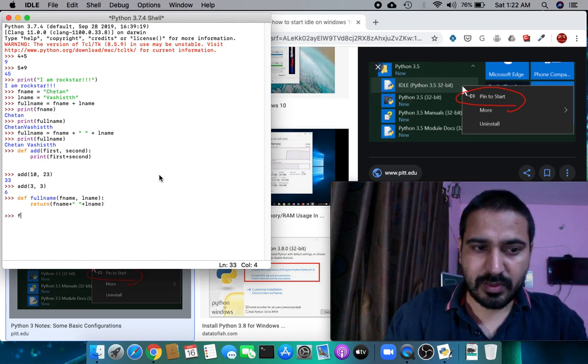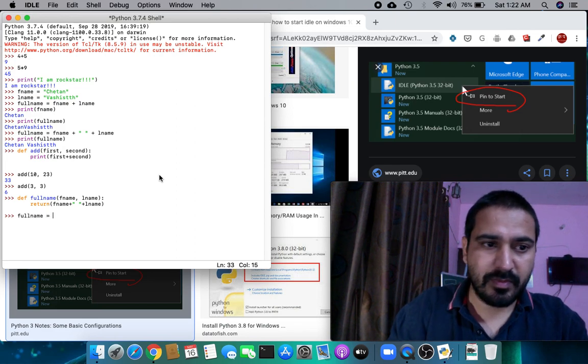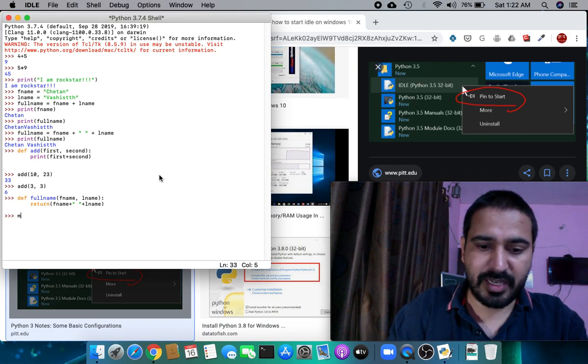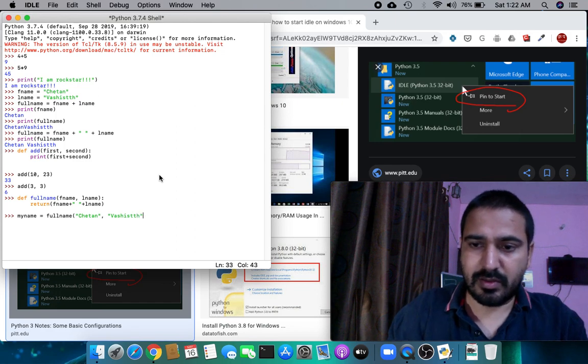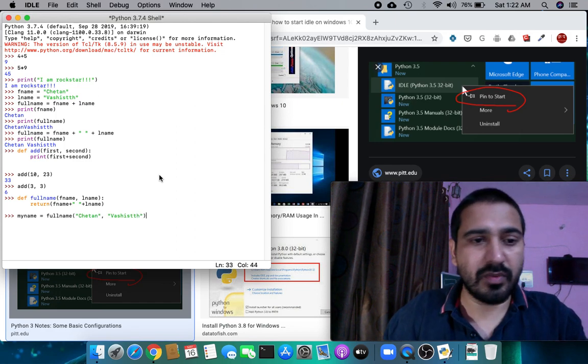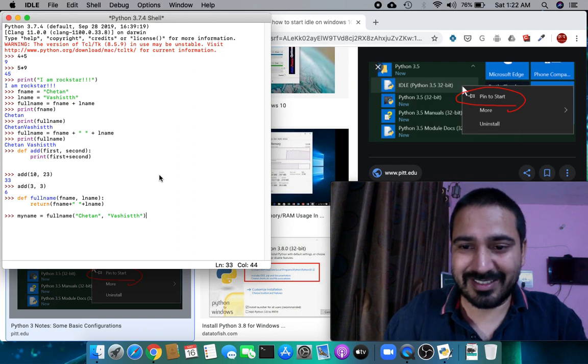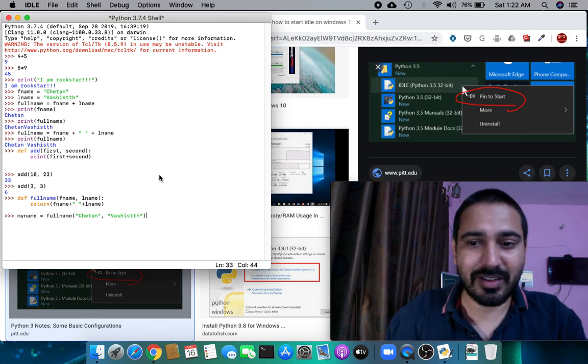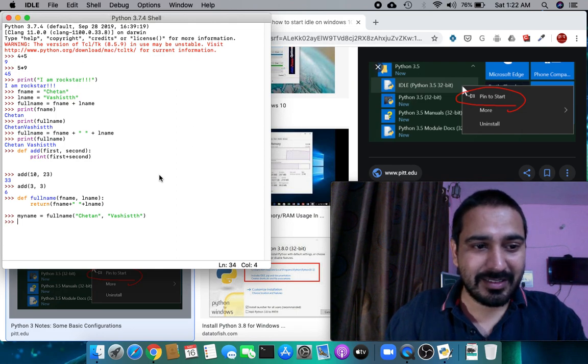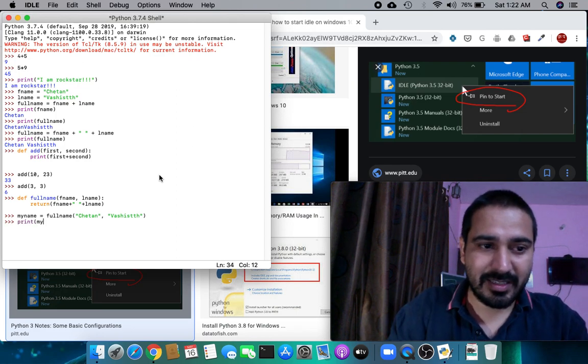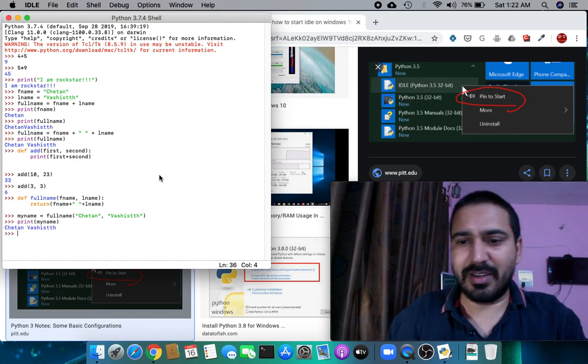Let's say I have a variable my name, and my function is full name, and I'm passing my first name, which is a string. Yeah, a name is going to be a string, of course, until you are the son of Elon Musk, whose son's name is not a string. That's another joke on the internet, you can check it. So if you print my name, here it is.